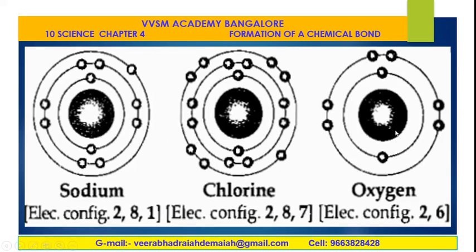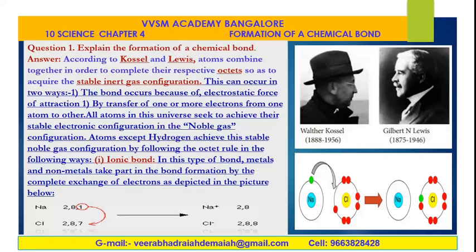Similarly, sodium also combines with oxygen atom, forming sodium oxide. When sodium burns in oxygen, it gives sodium peroxide. So, sodium combines with chlorine gas as well as with oxygen, and hence it reacts. The respective compounds will be formed. This is all about the ionic bonds, my dear friends.